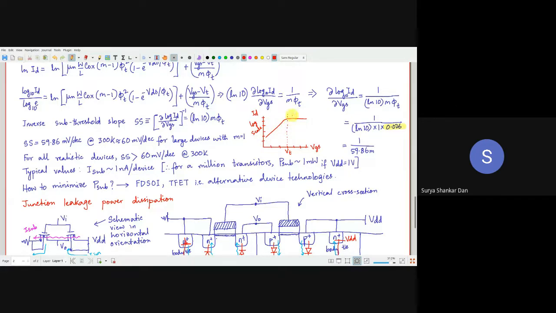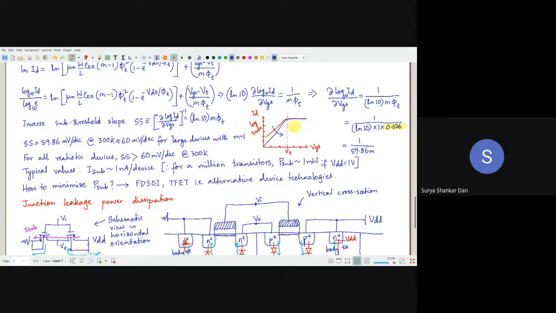So in the previous class I said that if we want to reduce this off current, this leakage current, what we can do is shift this VT here. Then obviously, if we extrapolate this, wow, it is getting much lesser. But this is never done. Why? I will discuss later on. If we increase threshold voltage, there will be serious problems, so your circuit will not work at all. So instead, the best way to handle this problem is to reduce VT as much as possible, and reduce this subthreshold slope.